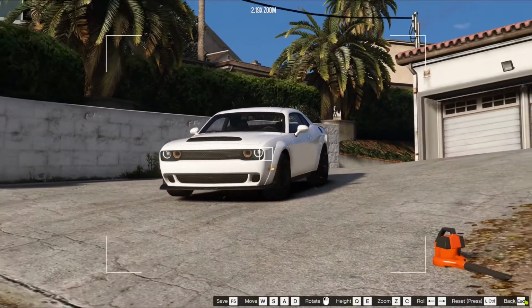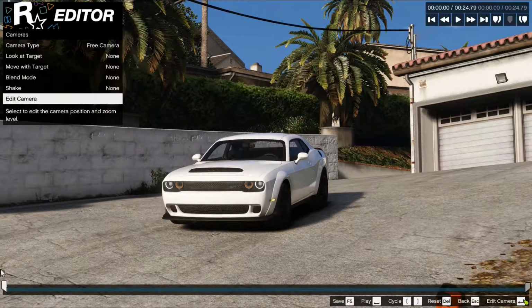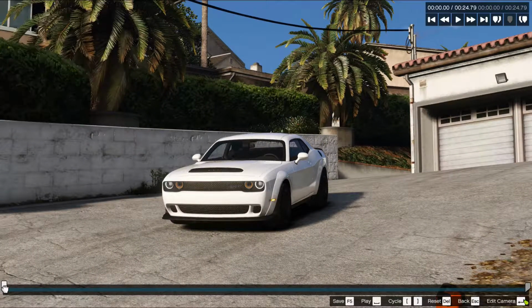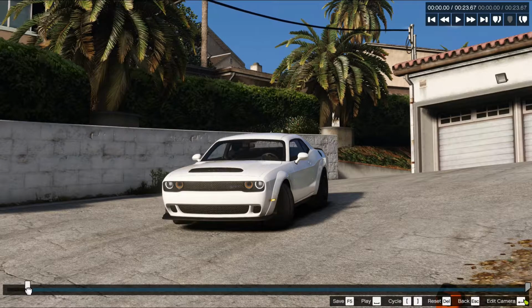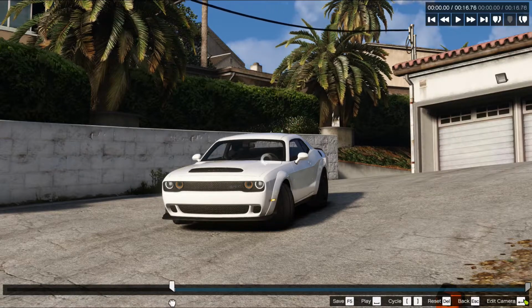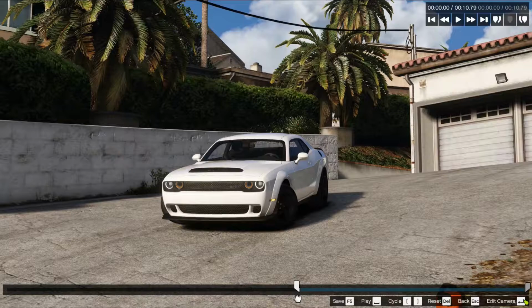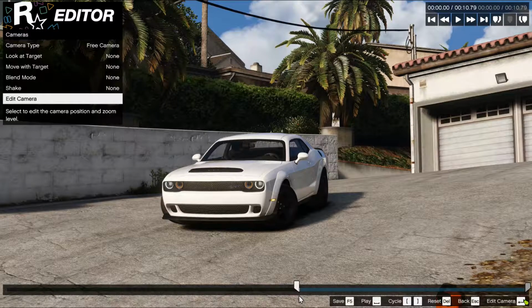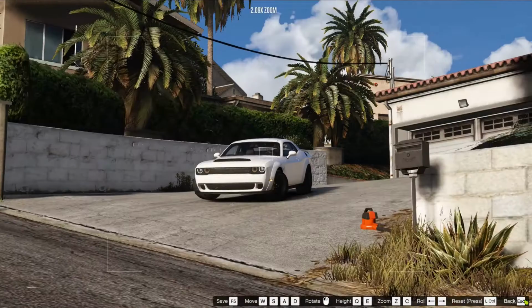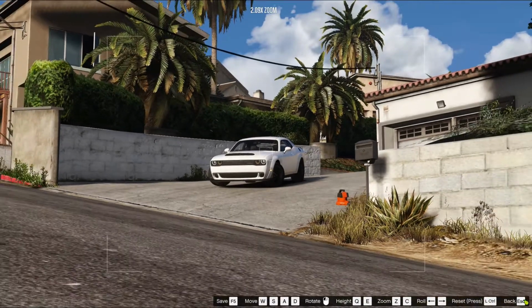But since I don't like the position it's in, what I'll do is I will fast forward the video a bit. So like that, the wheels are turned to the right, but I want them turned to the left. And I know at some point I do turn them to the left. There we go. So now I would go ahead and edit camera again, lower my camera, get it off angle,